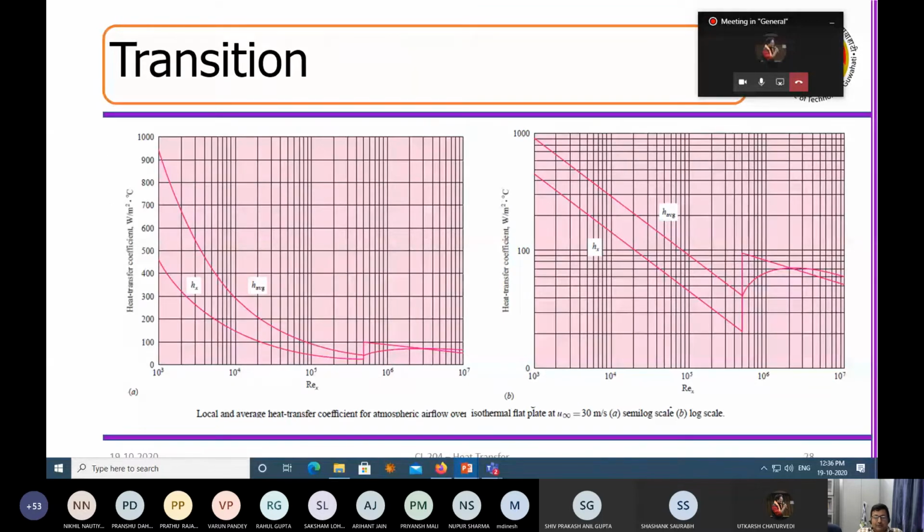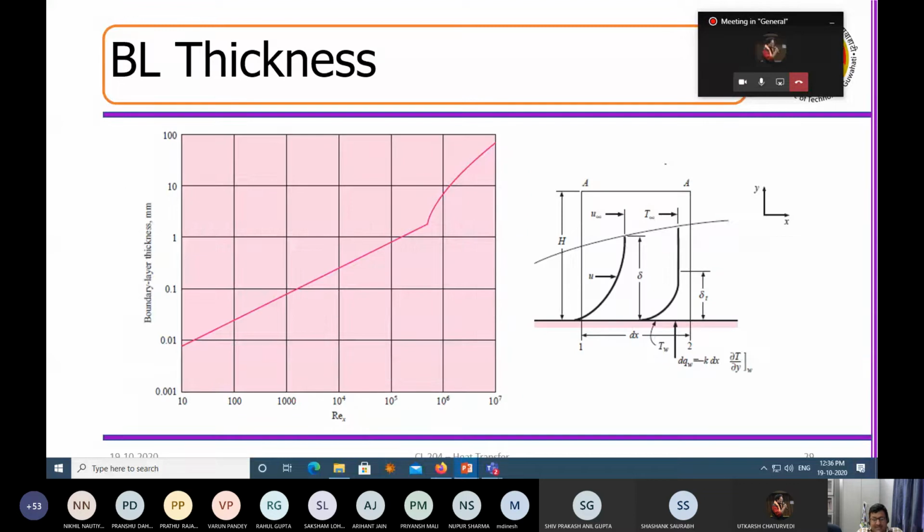Great. So how do the profiles look like? You can see that the heat transfer coefficient reduces with Reynolds number. Why? Because with Reynolds number, the boundary layer thickness increases. So here, this is a flat plate situation. Suppose I look here, Reynolds number is 0. As I keep increasing, as I'm going downstream, Rex is slowly increasing, and as Rex is increasing, you can see that the thickness of the boundary layer is increasing. Right now, I'm talking about the hydrodynamic thickness.